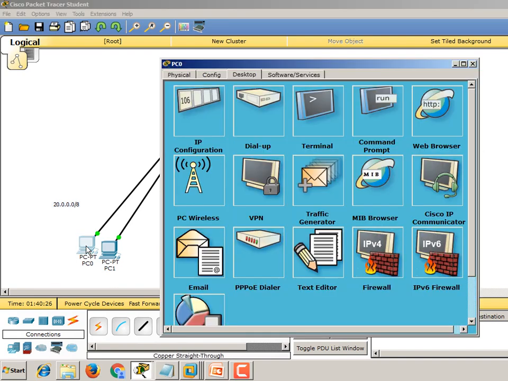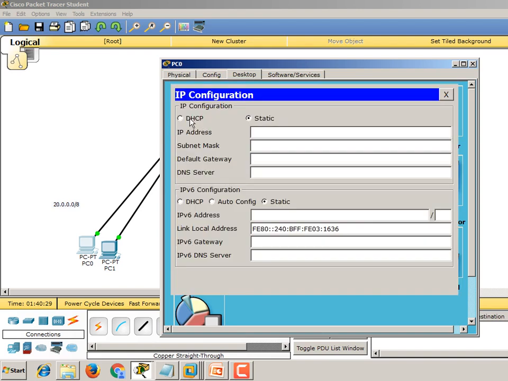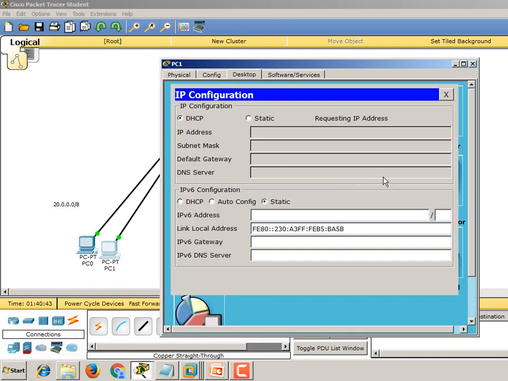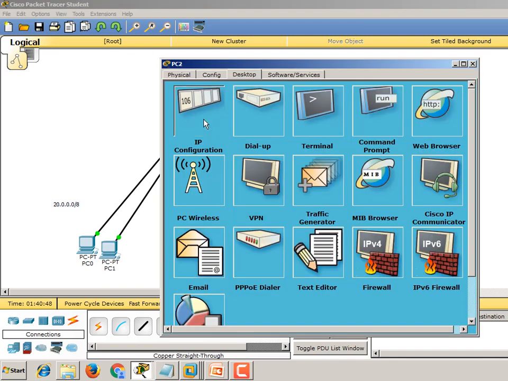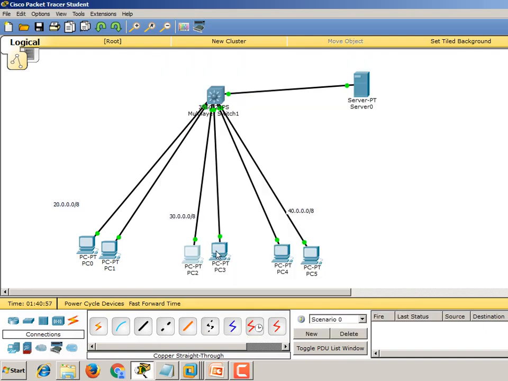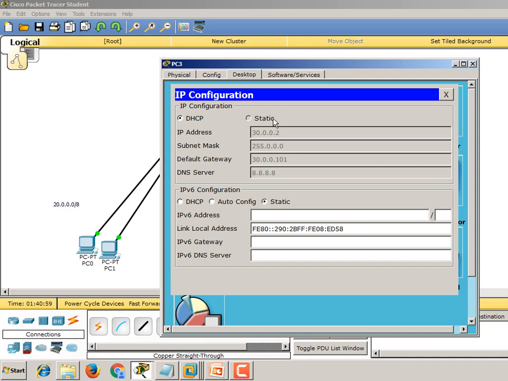So we can check. You can see 20.0.0.2, gateway will be 20.0.0.101, the DNS address is 8.8.8.8. Second, 20.0.0.3, same, and you can see here 30.0.0.3, gateway 30.0.0.101, and .1, you got the IP here.